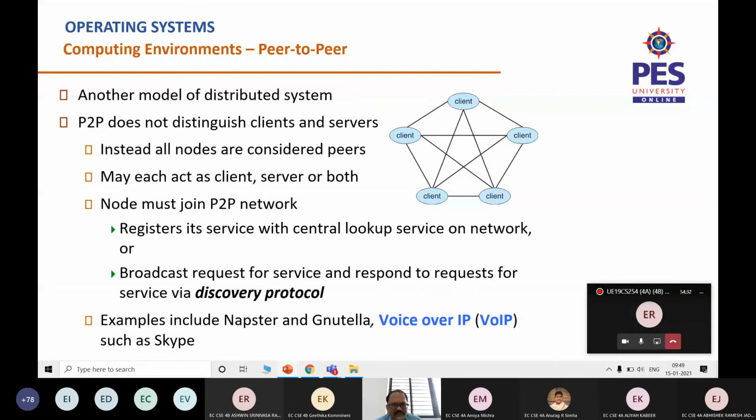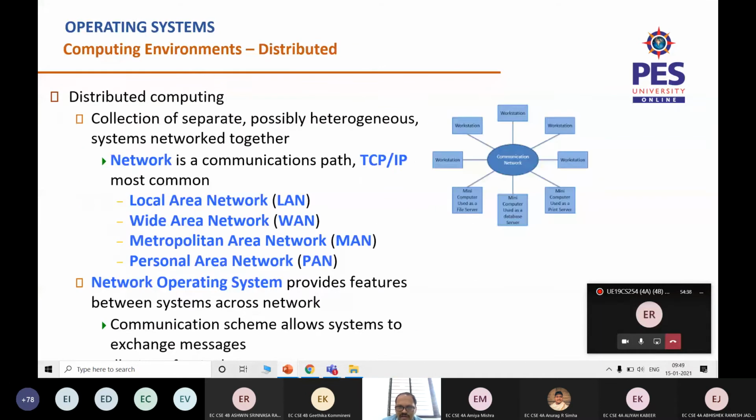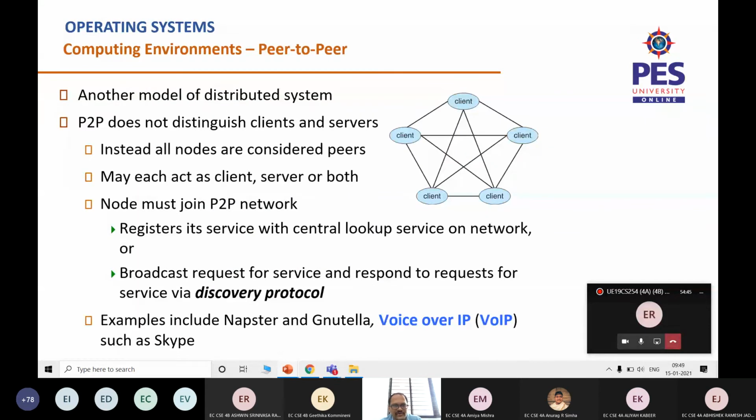Now, peer-to-peer is a variation of the distributed model that we spoke about. In the earlier slide, we talked about the distributed environment. A variation of that is the peer-to-peer computing model. What happens is, there is no leader here. All these multiple computers are interconnected with each other through a network, and there are variations in this peer-to-peer.